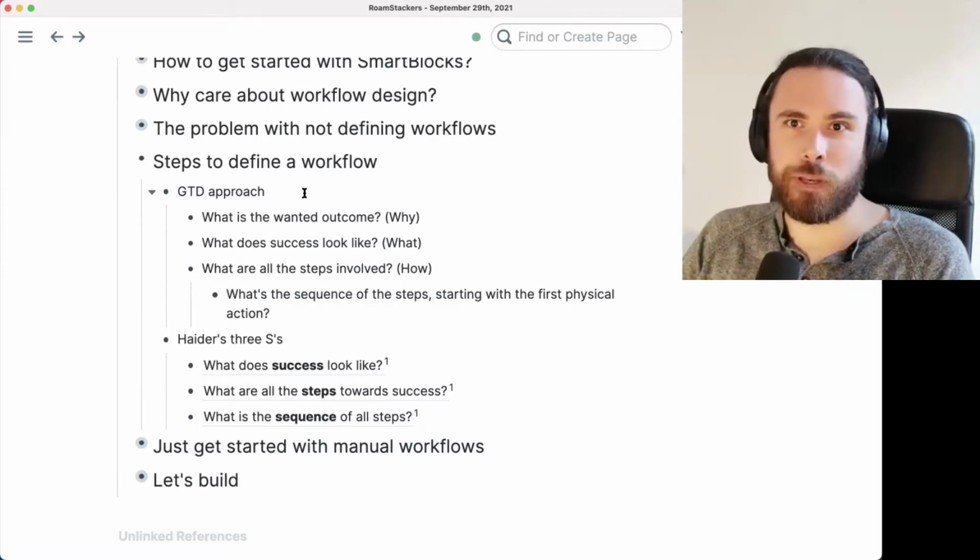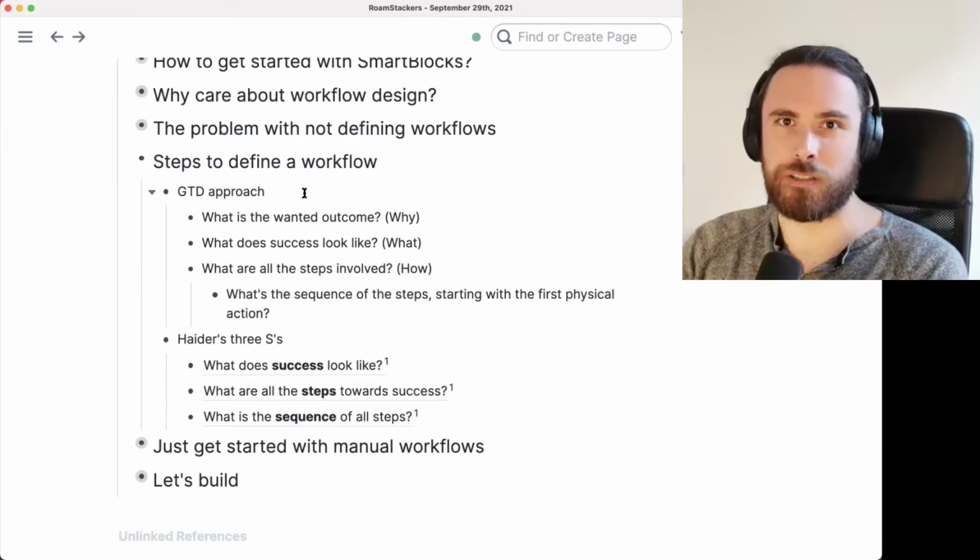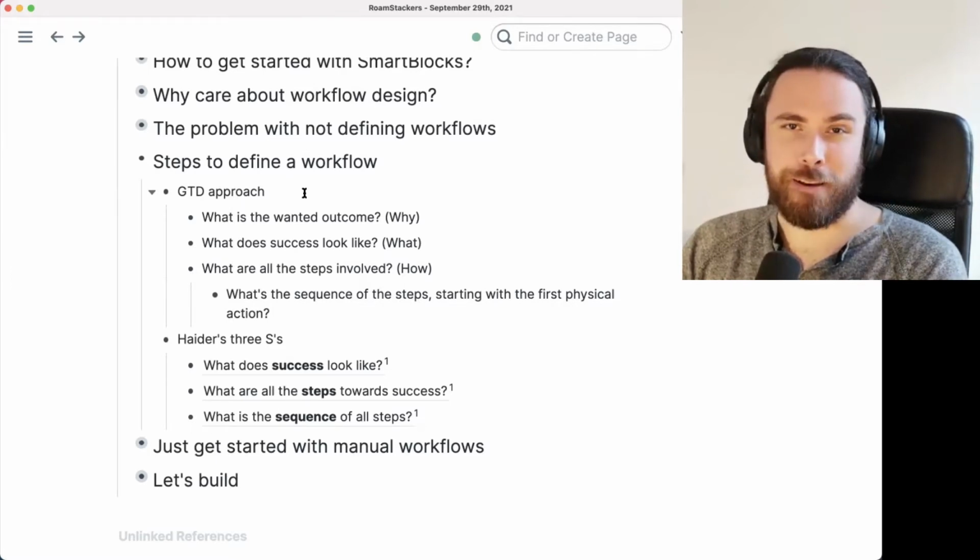Anything you would like to build, because I'm going to ask you to share some of your wanted workflows, or at least your answers to these questions, and then show you how we can actually turn those into an actual workflow. So I'm first going to challenge you before you get to challenge me by building these workflows. So let's take